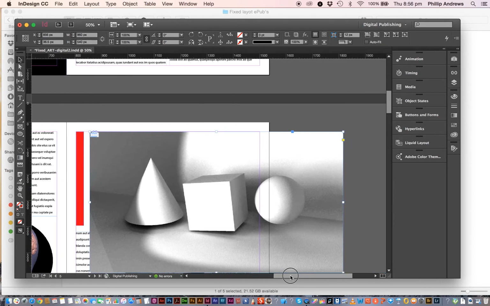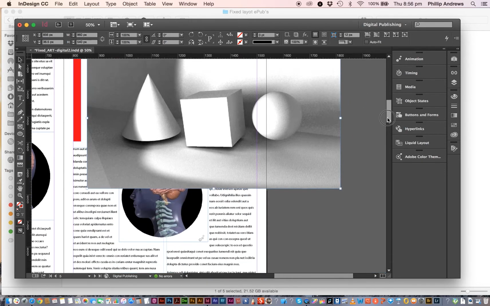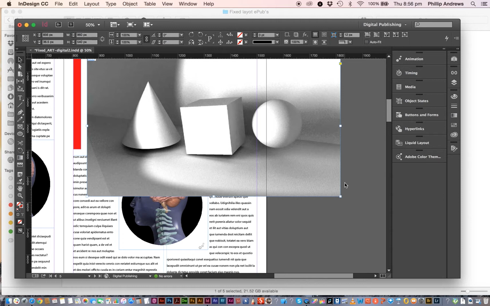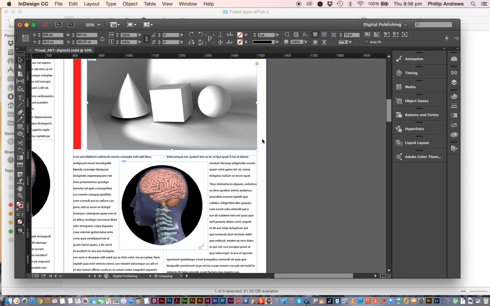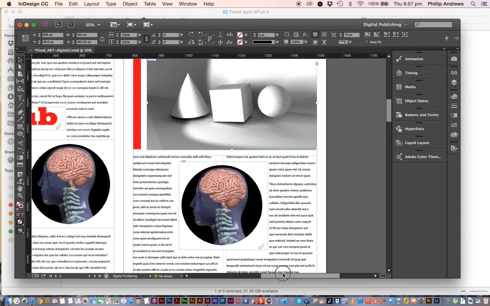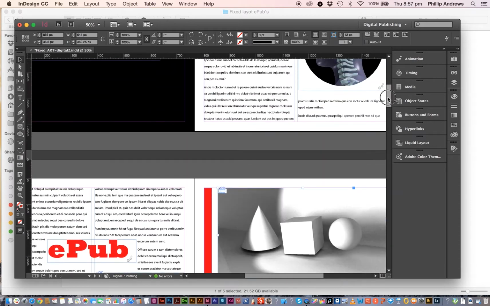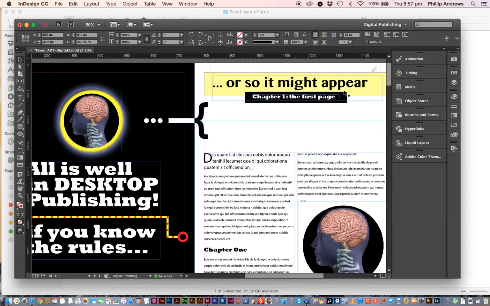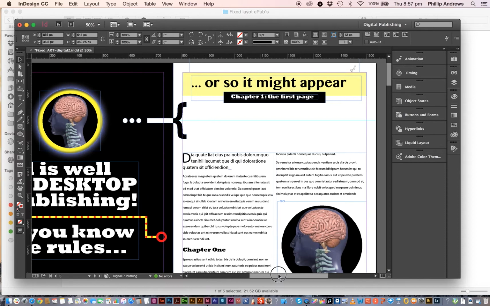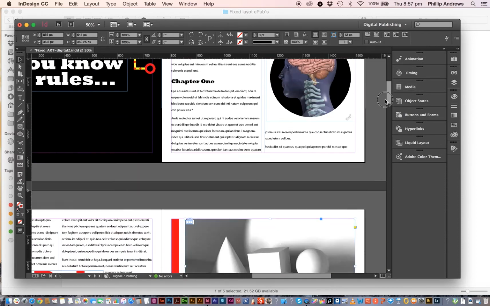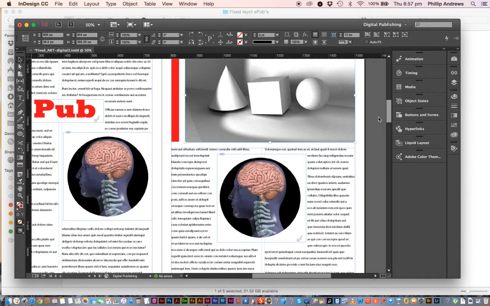Now you might notice it's a little bit big, and so all we need to do is I'm just holding my Command Shift key to constrain it and just bring it in back to the size that I want, and just bring it in there, and really that's about it. Now there is one other thing that's in this file. I've put a range of other animation, but what's really important here with the file that's been put together is